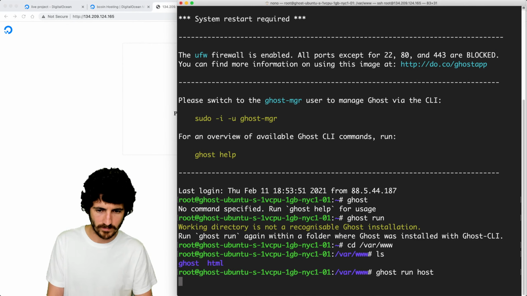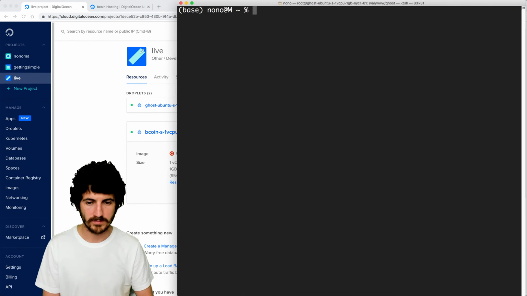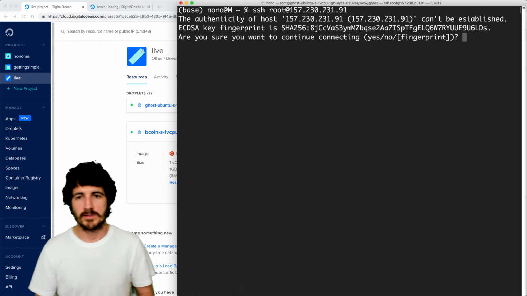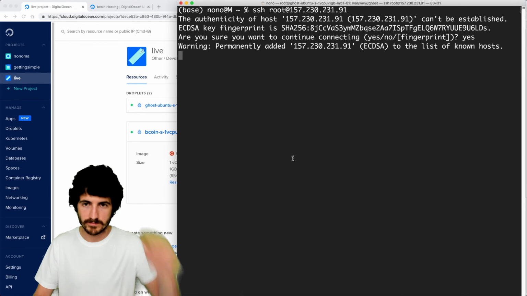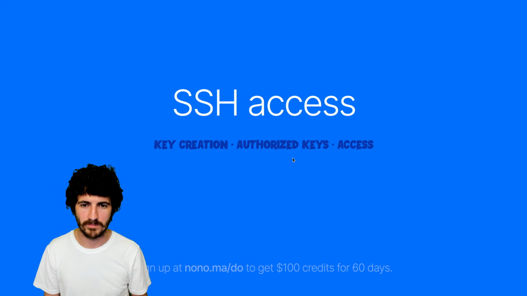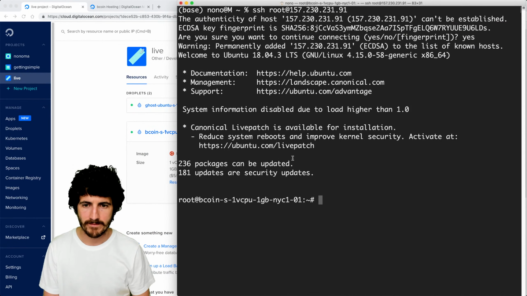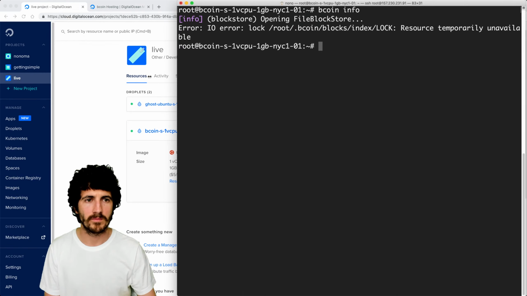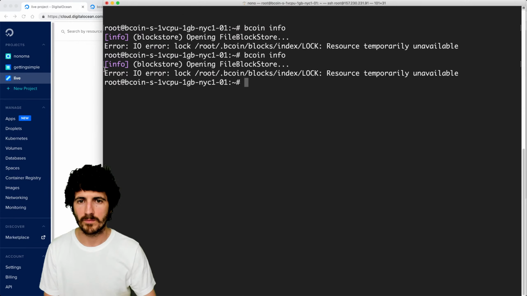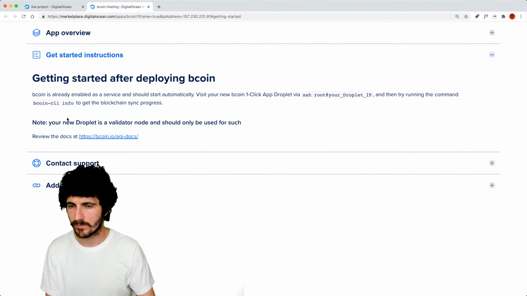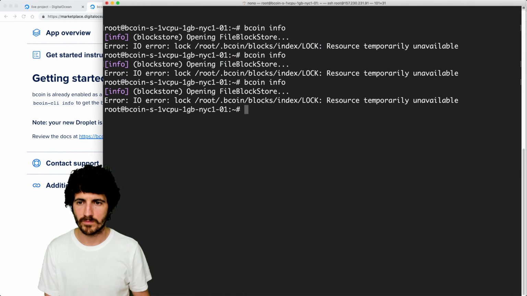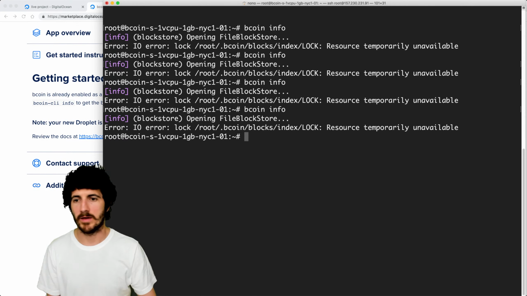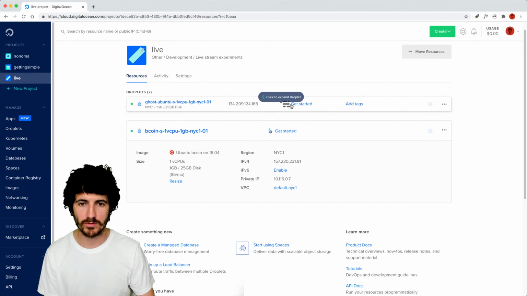All right, so the last one we have is Bcoin. Yeah, so I'm not sure what is going on here, but this seems like it's just a Bitcoin node, which I don't fully understand.